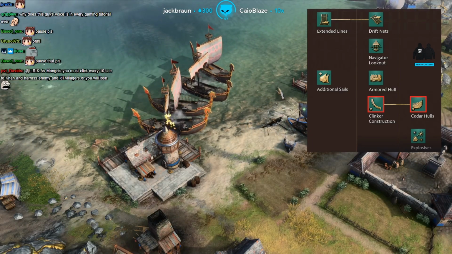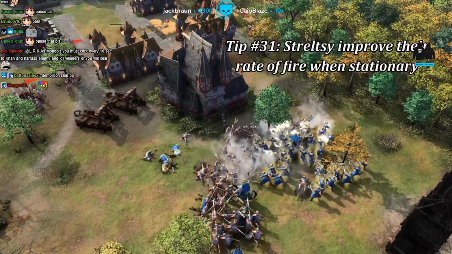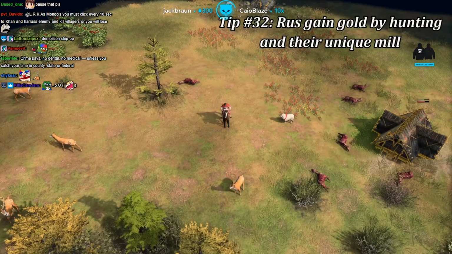against any other civ. Another beginner tip is that their Streltsy unique unit gain attack if they don't move. Overmanaging and microing units is a lot of fun, but in this case can also be detrimental. The Rus also have a very strange start if you aren't used to it, and they can gain gold by killing animals on the map